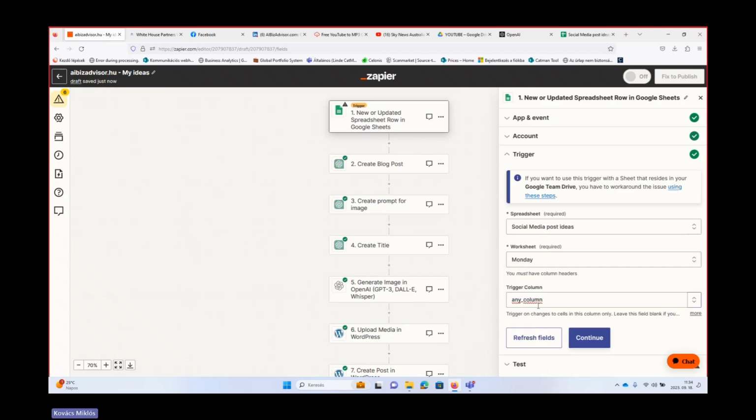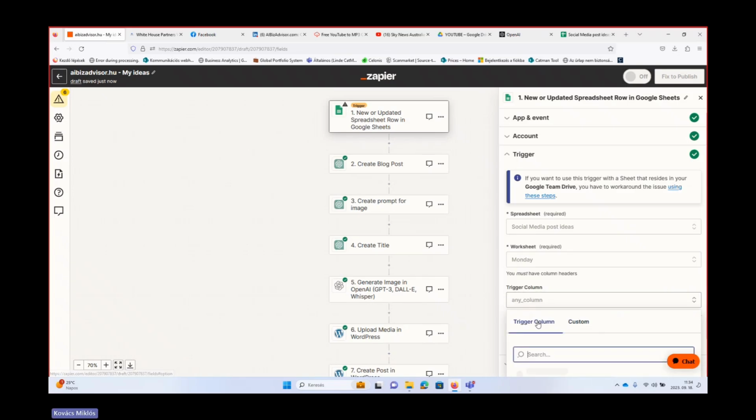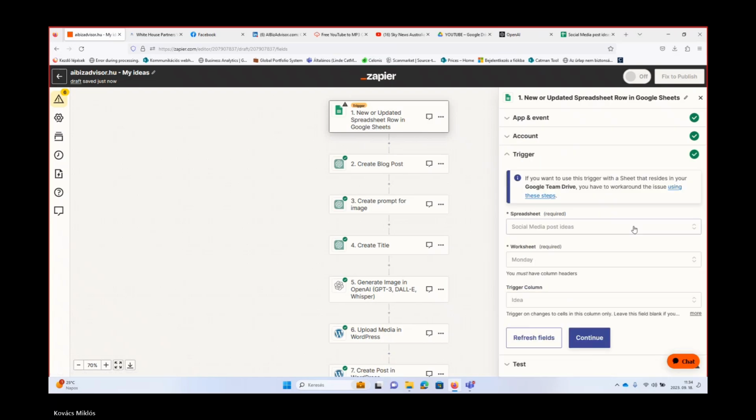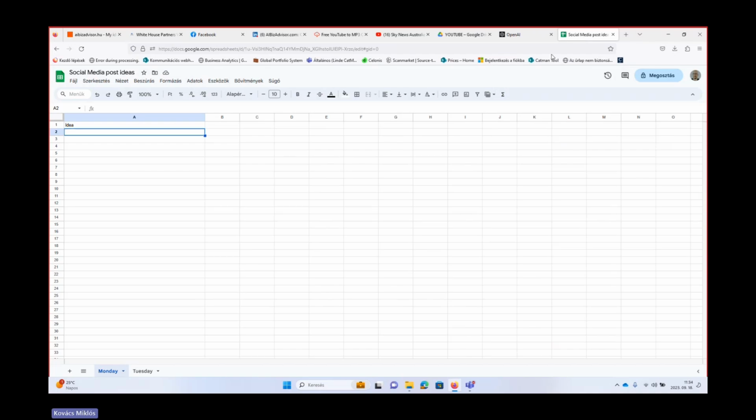Yes, Monday, and the column is idea. Cool. Very good. And I will need an idea, a blog post idea. Let's say SEO tricks for beginners, something like this, whatever, right?